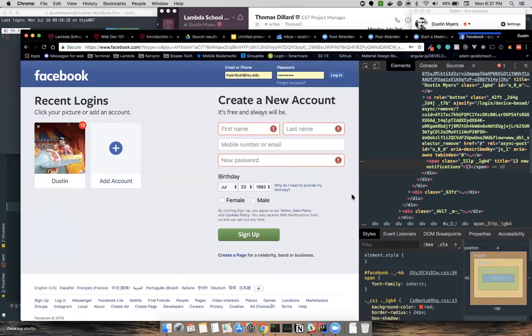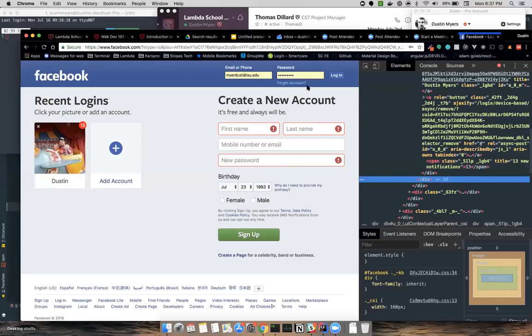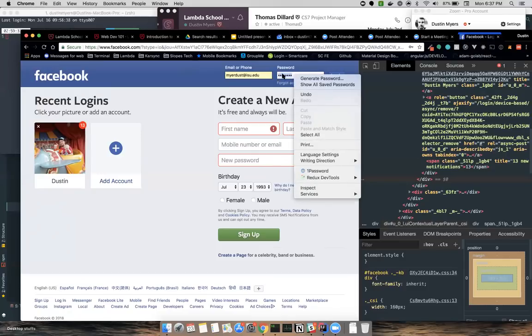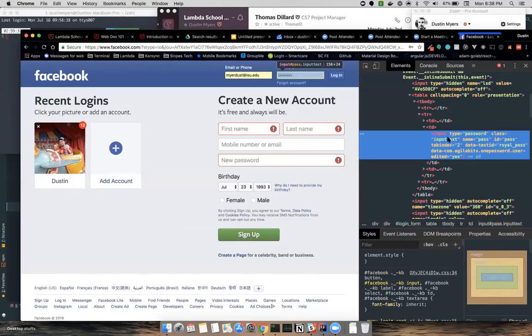And actually, a cool thing that we can do here is look at these inputs. If I change this password here, because I don't want you to see my real password, if I right-click on this password input field and click inspect, we look at the input.